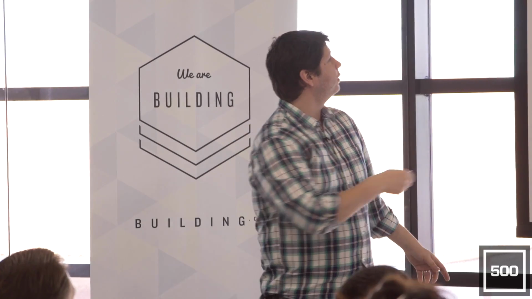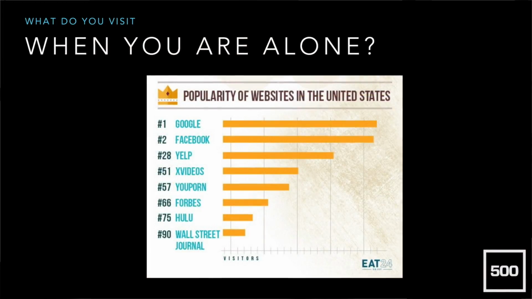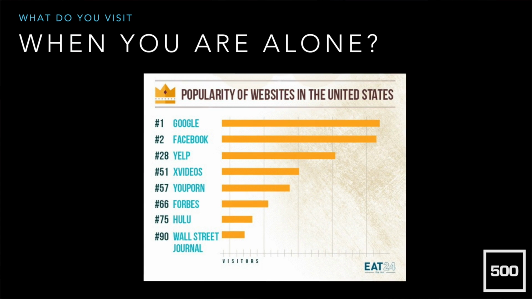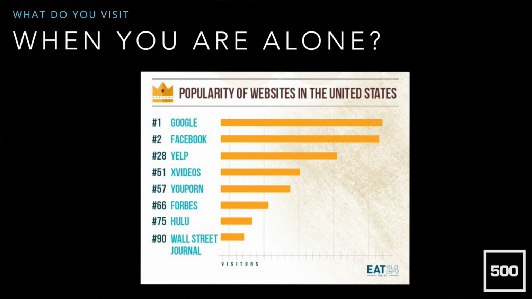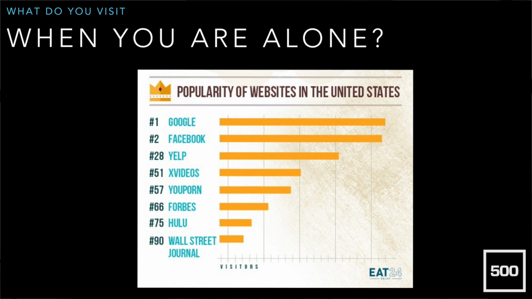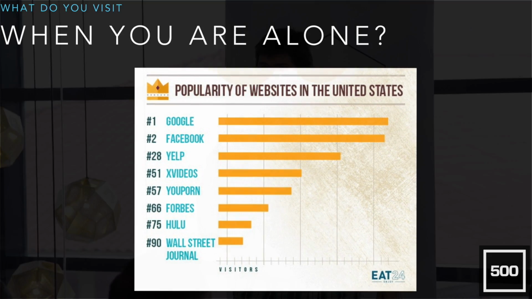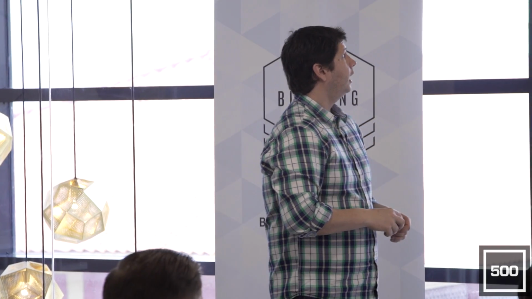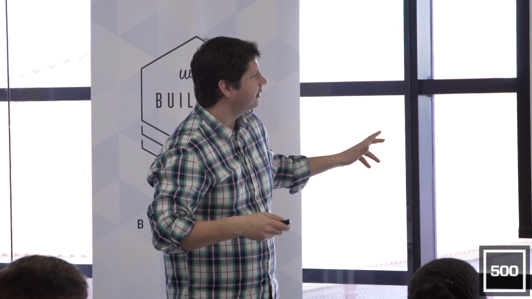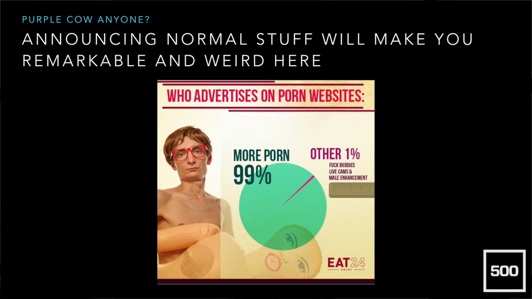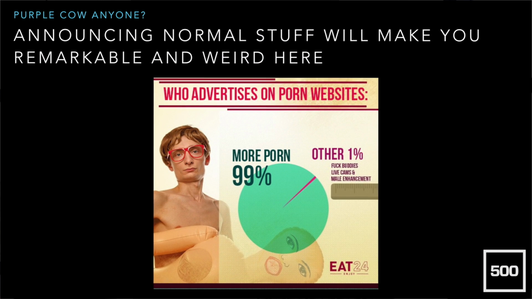In any case, they're very popular. You have Google, Facebook, and XVideos, and YouPorn is more popular than the Wall Street Journal and Forbes. So there's a lot of traffic going to these sites, and the cost per impression is like a tenth. And then, what are people advertising on porn sites? All of this someone told me, I don't know if it's true. But there's more porn, and the other thing is hookup sites, cams, male enhancement, and whatever. And the design skills of the people advertising on porn sites are like this.